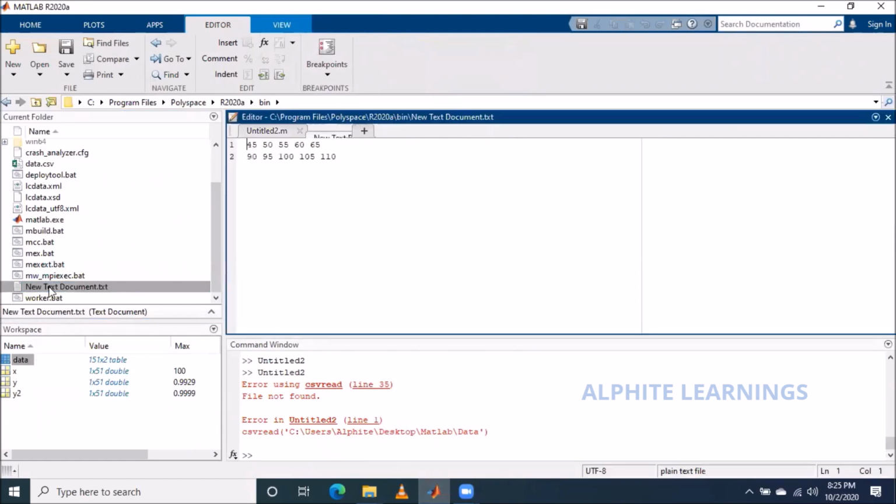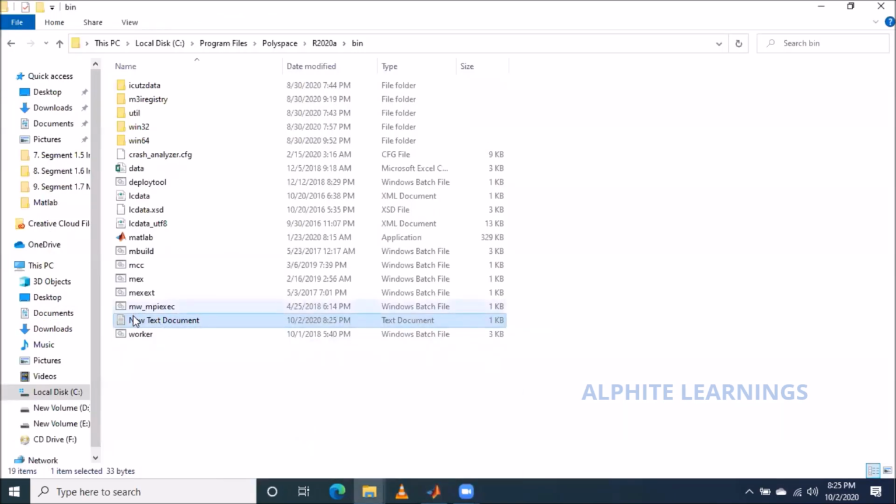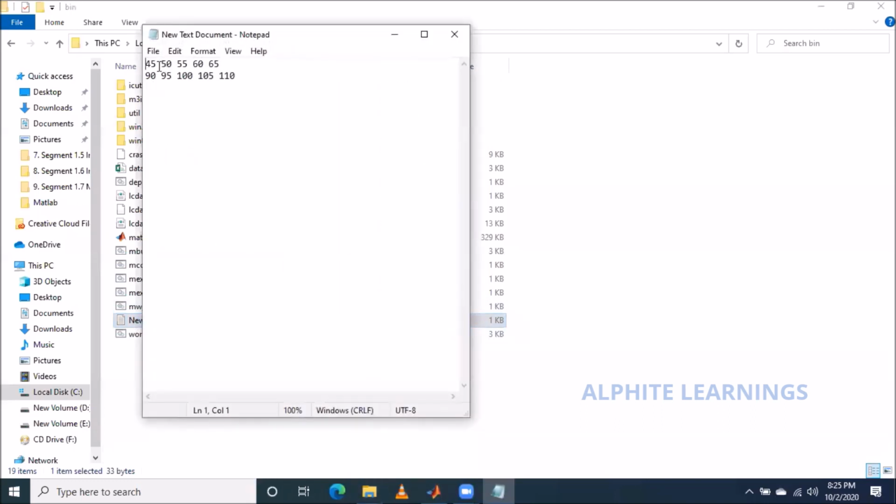What I have used here is a space character, so that I can say this is a separate number, this is a separate number.